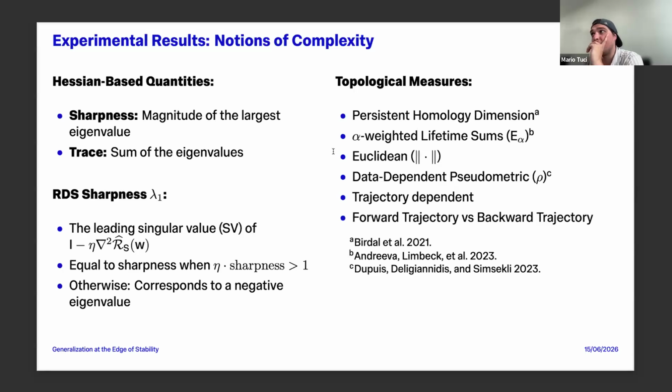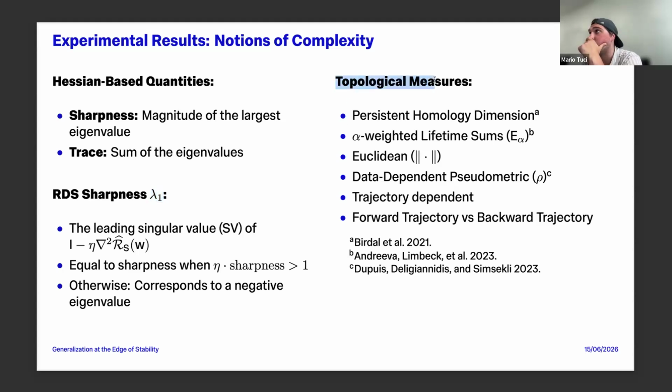So what are we comparing to? We are comparing once to the typical sharpness, which is the largest eigenvalue of the Hessian, as Cohen defined it. We look at the trace of the Hessian, which is believed to be correlated to flat minima, and which was also shown empirically to correlate well with the generalization gap. But Neyshabur's paper also showed that flat minima is not the whole story. And we compare it then to our RDS sharpness, once the largest one and once our sharpness dimension.